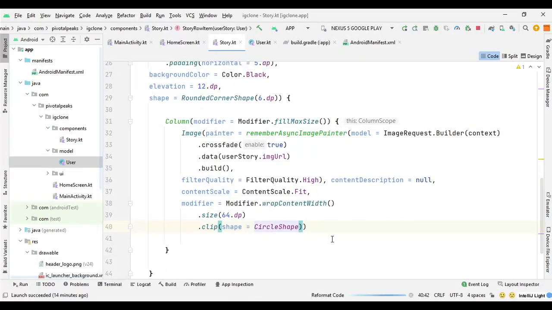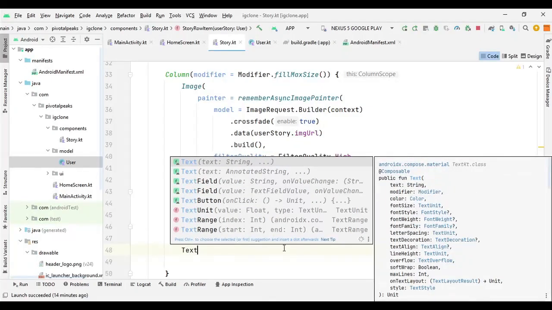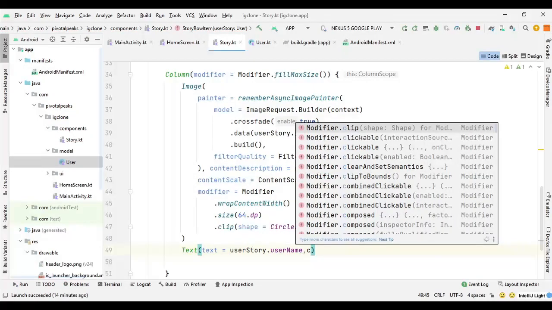And that's it for the profile image. And the next thing is the username. So for that we can pass a simple text, and for text we can say user story dot username. Then we need to provide the color.